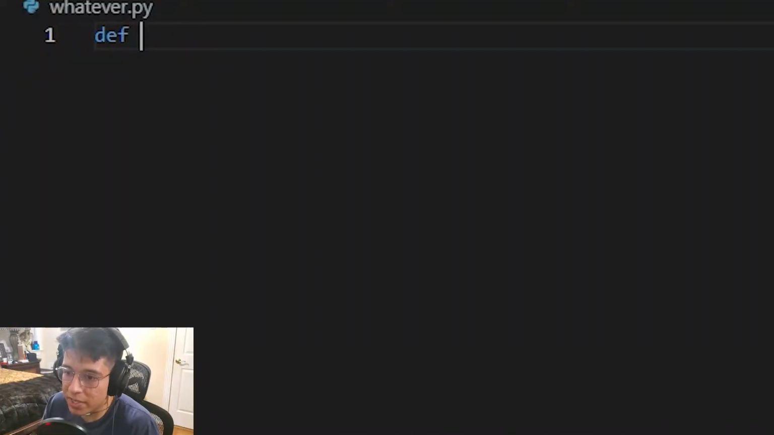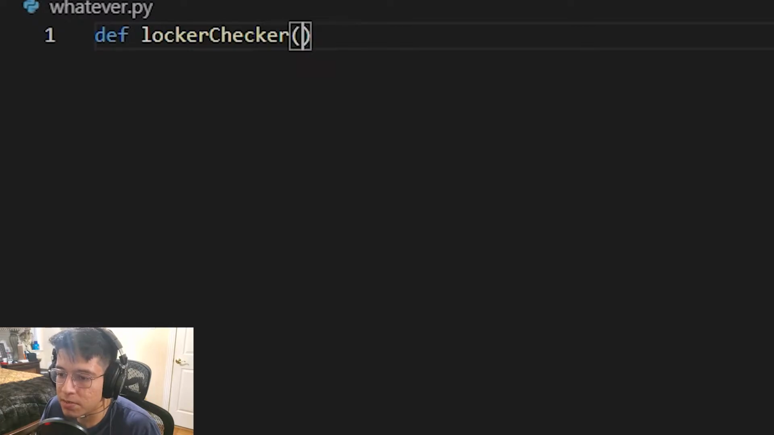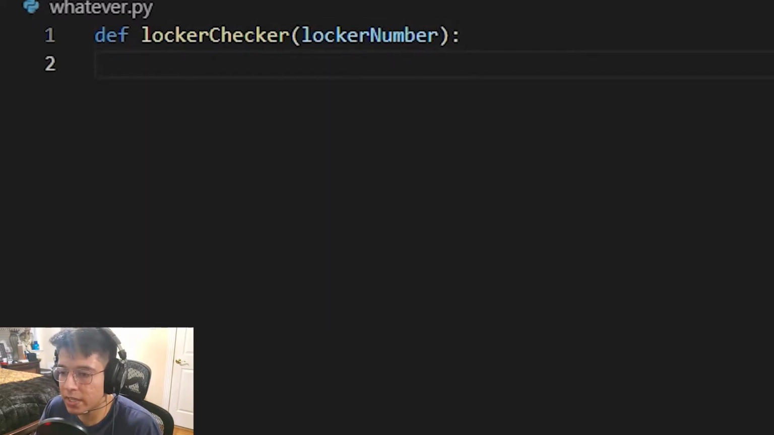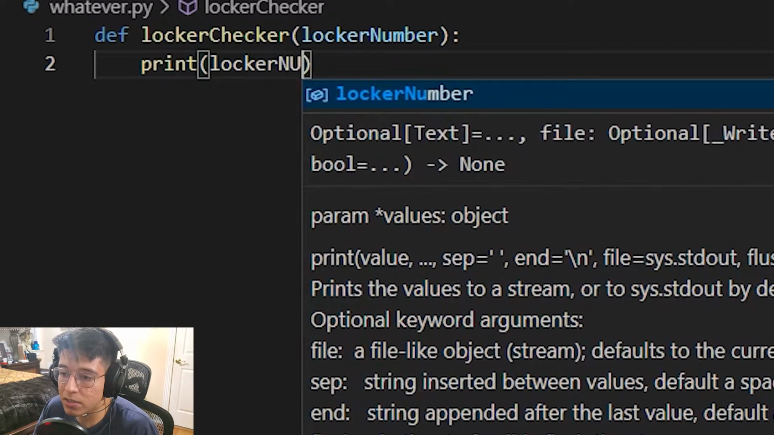We started the function def. We're going to call it something appropriate, something like locker checker. And we want it to take in a variable, the locker number that we are checking. Then inside the function, we can say that we checked that locker number. So we should give it a variable name, and we're going to call it locker number. Disguised Toast didn't really mention too much about the rest of the coding question, he just said to check the locker for something. So we're just going to say print locker number